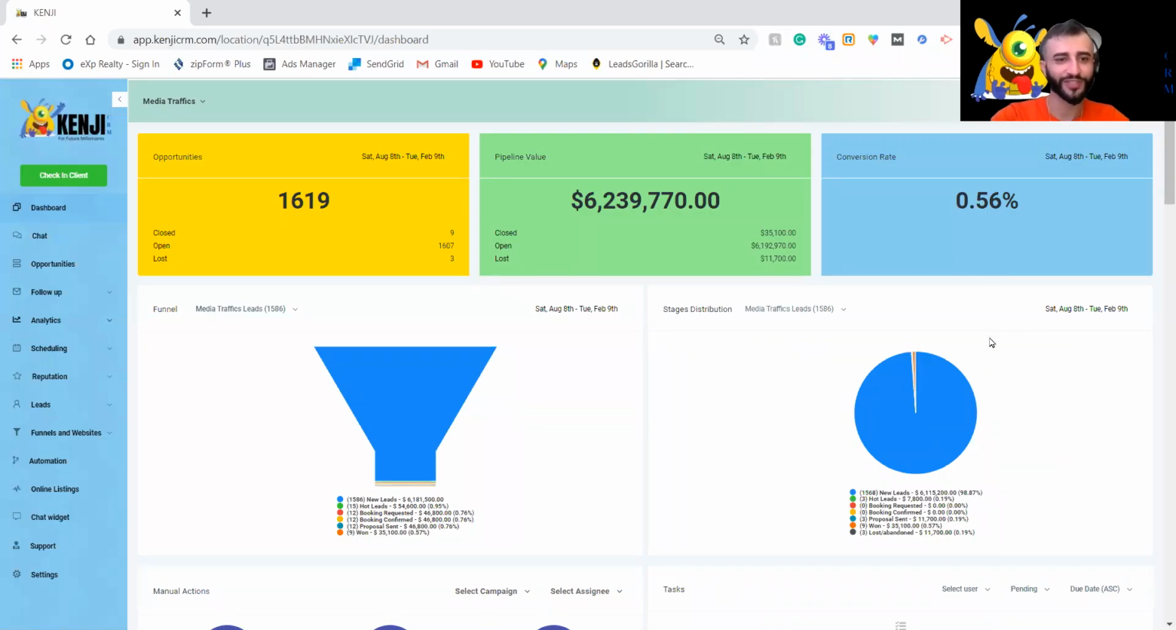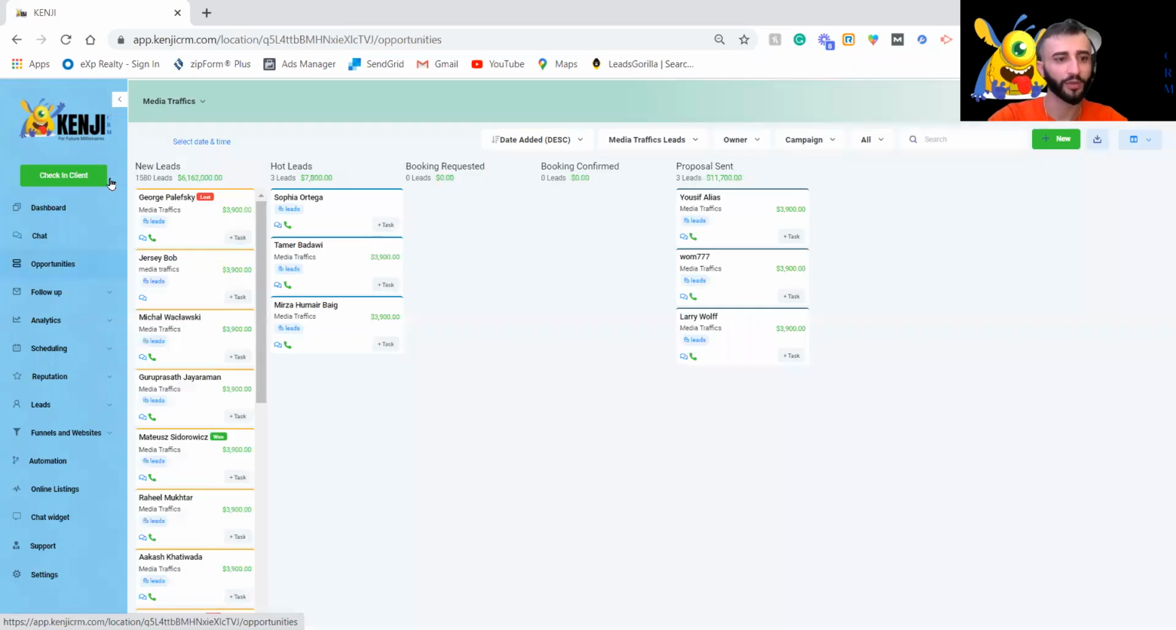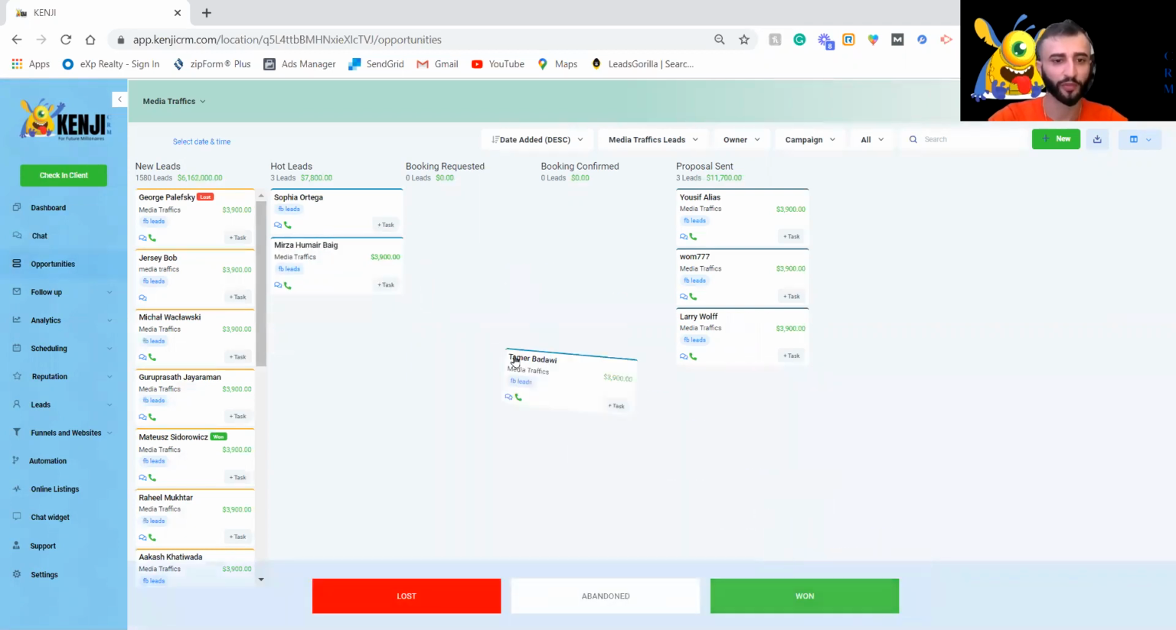If you haven't been using Kenji, you're leaving a lot of money on the table. Right here, you can see all of your pipeline value, how much money you're about to make, your closed deals, your open deals, and your lost deals. Right here, you can see all the chats with multiple people. Right here, we can see our CRM, our actual opportunity section where we can drag and drop people to different